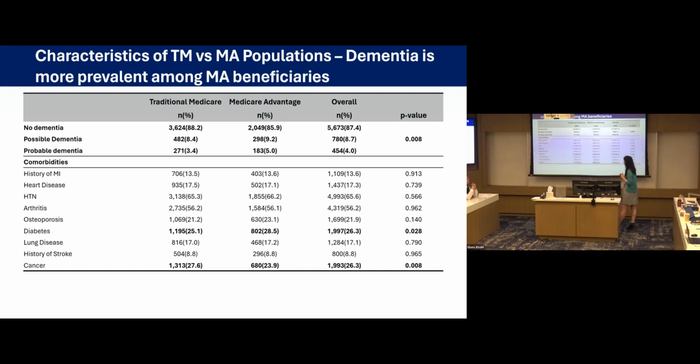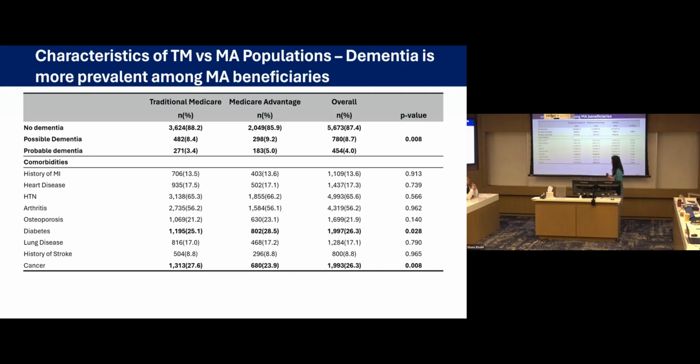But again, when objectively measured with these cognitive assessments, we're also seeing that those enrolled in Medicare Advantage tended to have worse cognitive performance, and by NHATS labels, possible or probable dementia. One thing I will mention, the one comorbidity that seems to be less common in Medicare Advantage is cancer, by far. This was actually pretty prominent: 27.6% versus 23%. Essentially, traditional Medicare patients do tend to have higher rates of cancer.